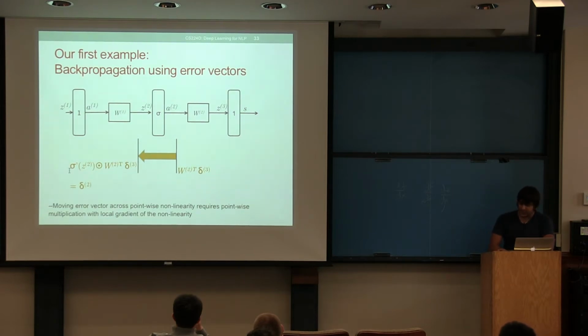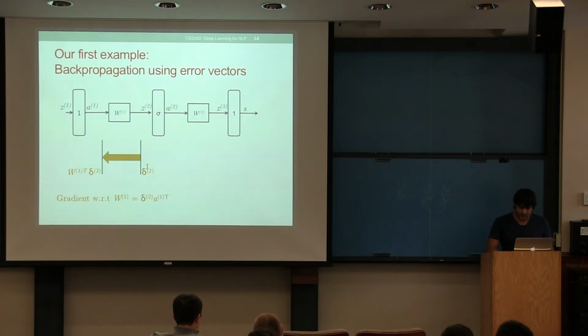Again, notice that I put this on the left. You could also write this in terms of a diagonal matrix, but you really don't need to. You can work with this as well, and it should just work out just fine. So this is how you move across this pointwise nonlinearity. And now you'll see that we're going to just basically be applying these tricks over and over again to calculate really complex networks.